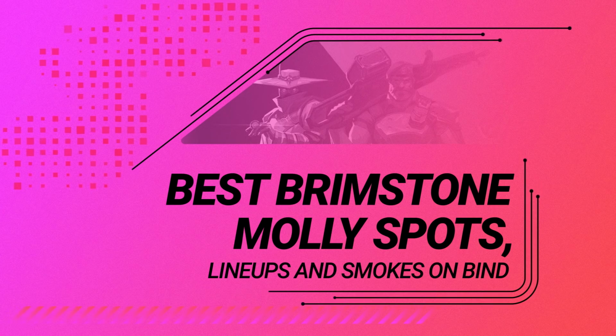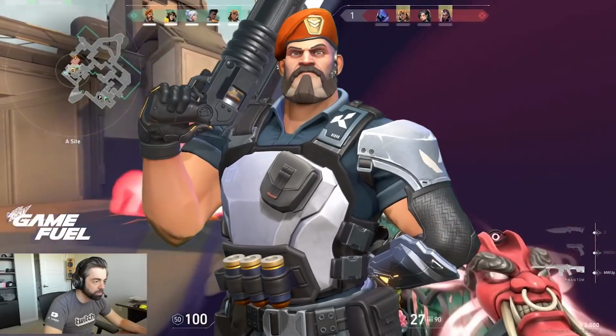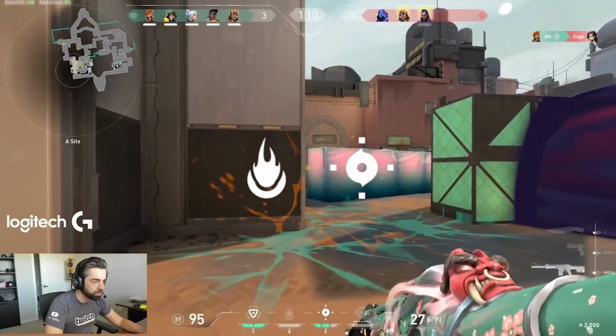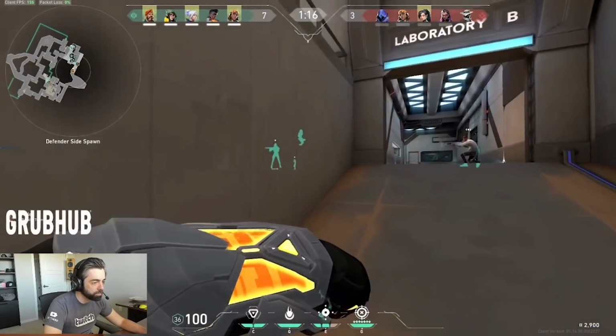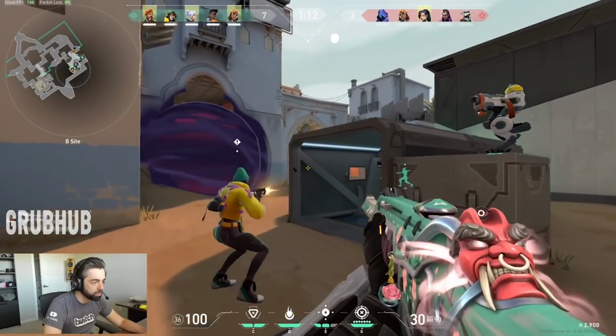In this guide, we'll be breaking down the best molly spots, one-way smokes, lineups, and positions you should be playing as Brimstone on the map Bind. Now, this will not just be a guide containing a random assortment of different lineups. Instead, we've made sure to compile what are the most useful and strongest molly and smokes and demonstrate to you exactly how you should be using them in a real game. All of this is based off of research from the top pro Brimstone players. I promise you, this guide will pretty much be all you will ever need to know how to play Brimstone